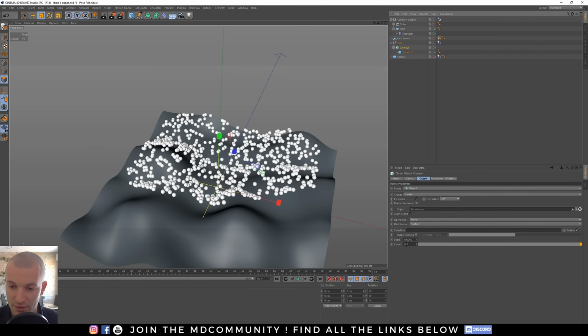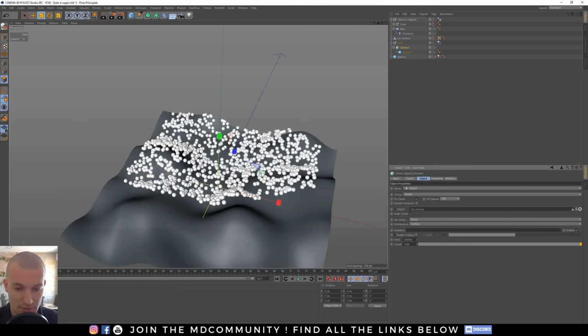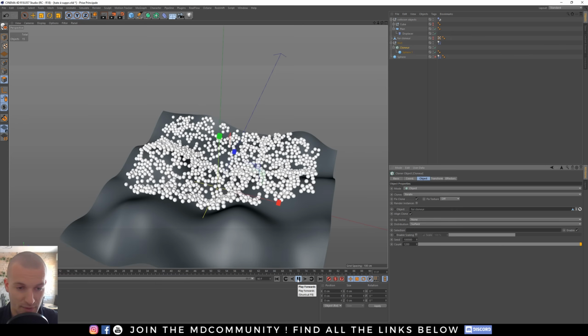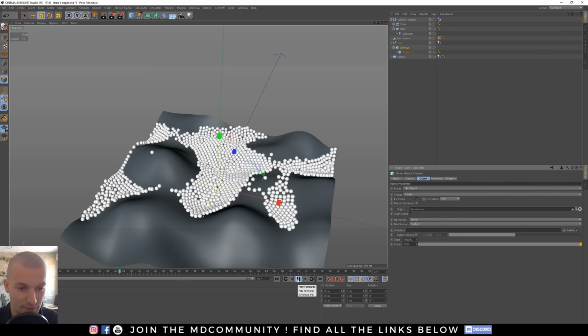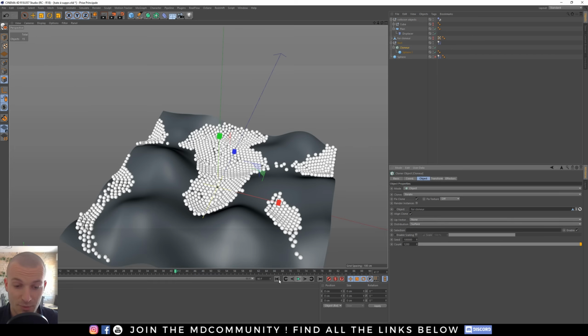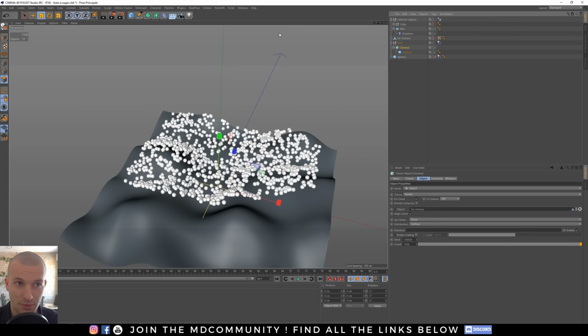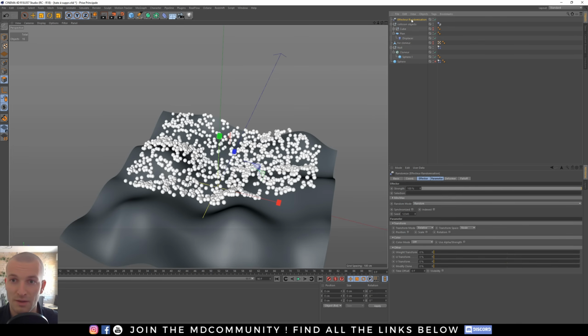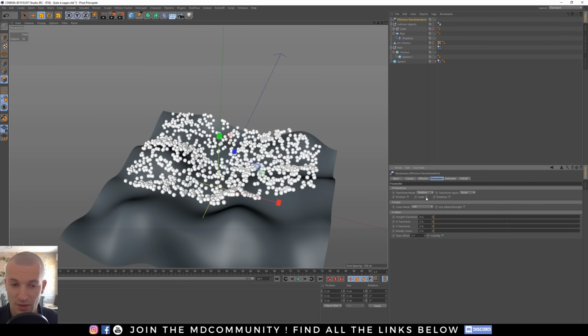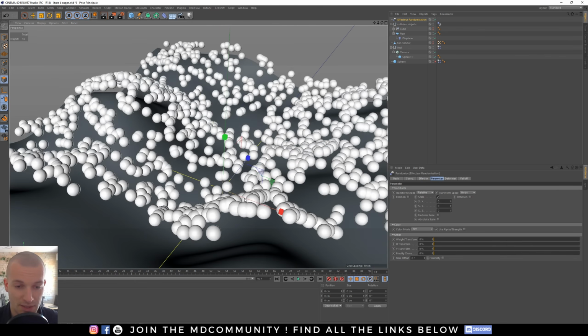Maybe I have to increase this value to have a better simulation, something nicer. Now I want to add some randomness to the size of my spheres. I will select my cloner, go in MoGraph effector, and use the random one. The random effector in the parameters tab allows you to modify the scale randomly.